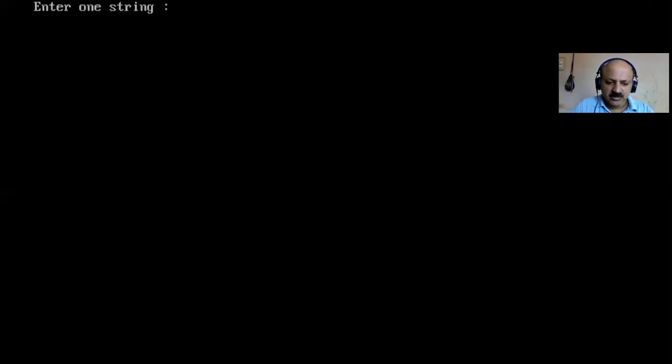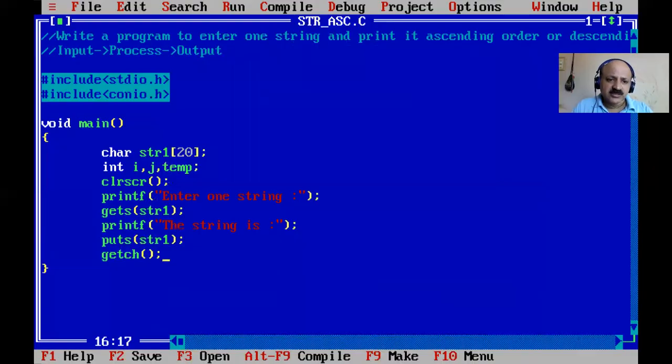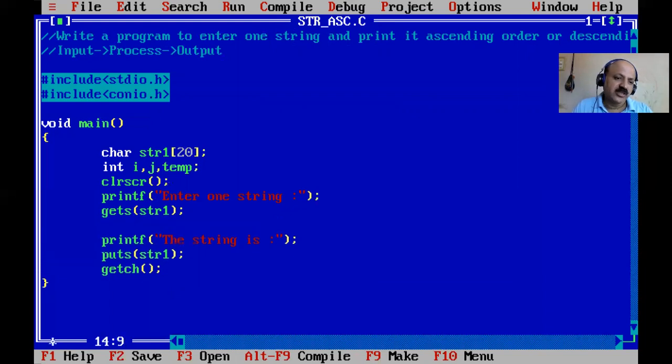I give any name of file that we have to do, and now I enter one string. This is a pan. Yes, so that pan is printed, but in ascending order. So that is our input and that is our output. So in between there is some logic we have to define, and you have to know very well that there is a selection sort. Yes, the zero element is compared to the rest of all elements. So here we can do string compare.